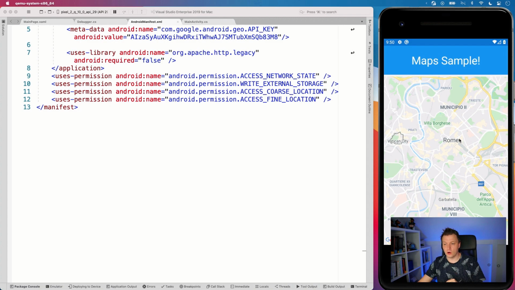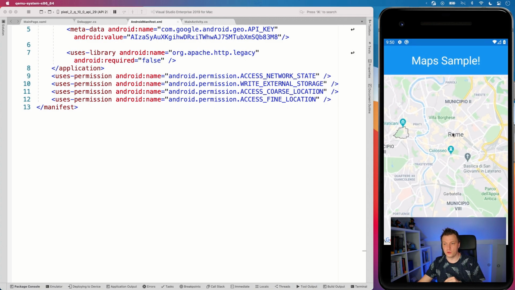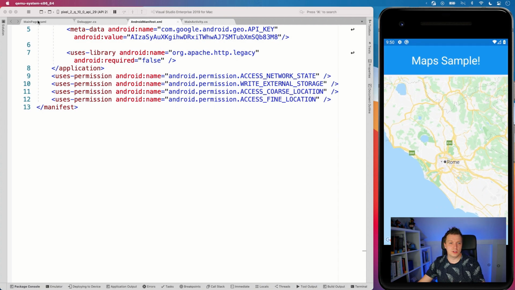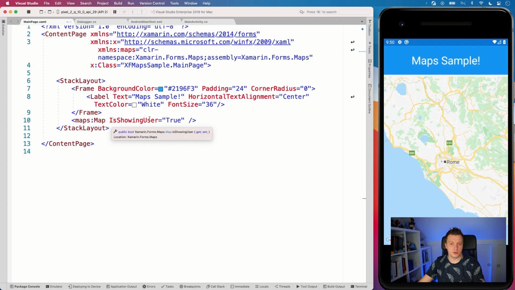And here we can see also in Rome. So that is great. We have our map right here. We can zoom out, we can zoom in. Let's see for a little bit what we can now do is showing user. Oh, actually it is showing the user. So, but I'm not sure where the location is set for